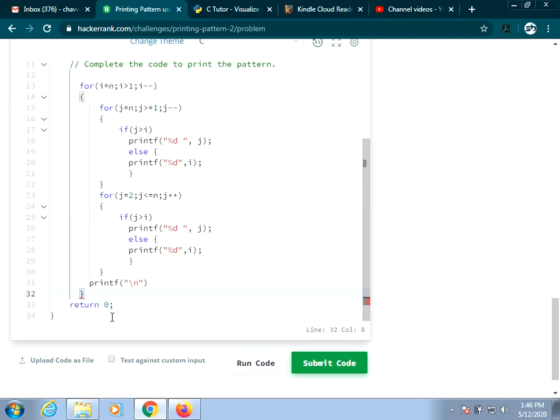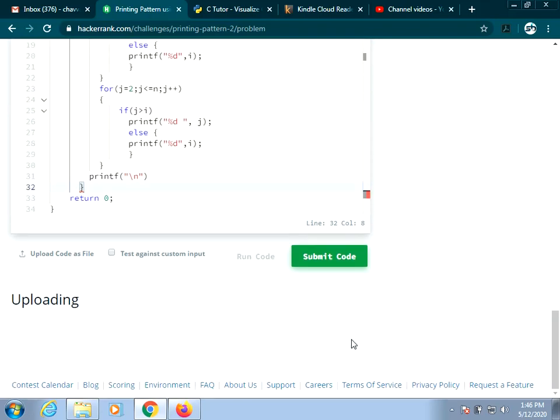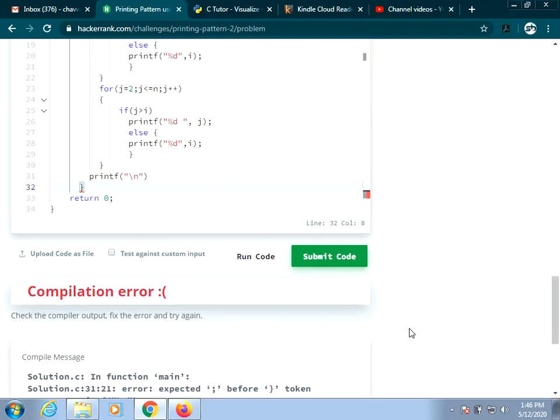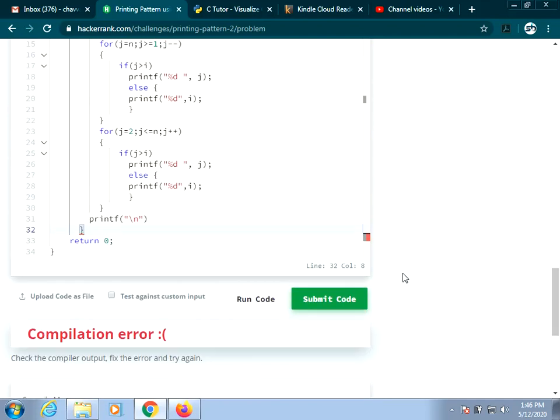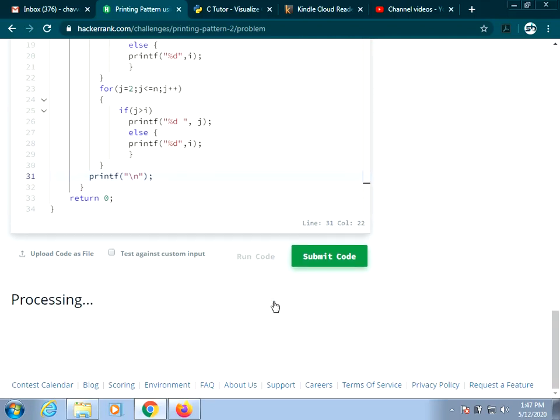Let's run this particular code and see what the output will be. Compilation error, I am missing a semicolon somewhere. Okay, I missed a semicolon here. Run.